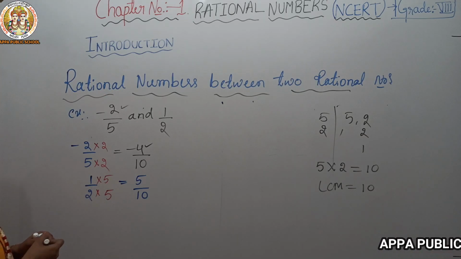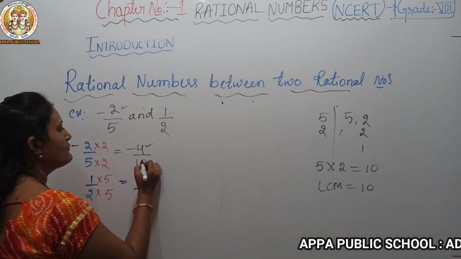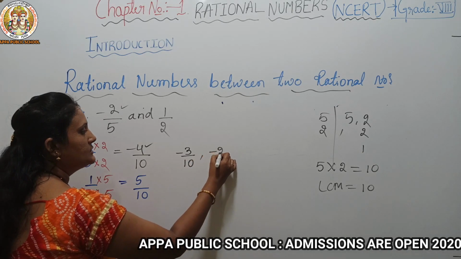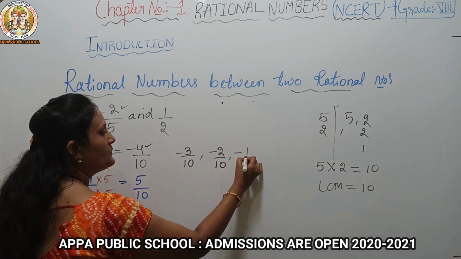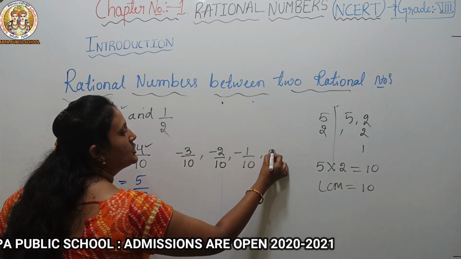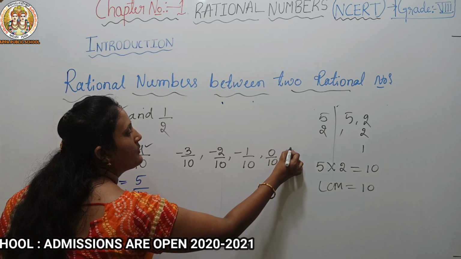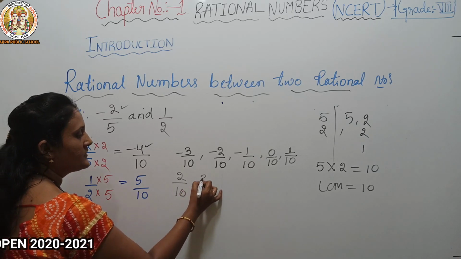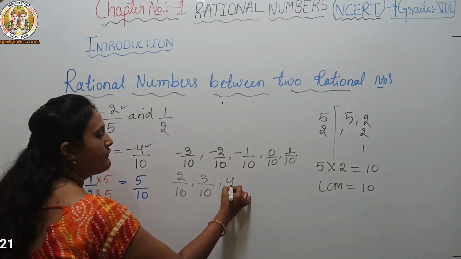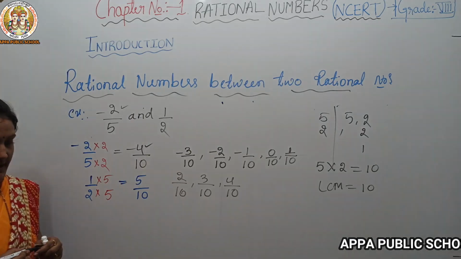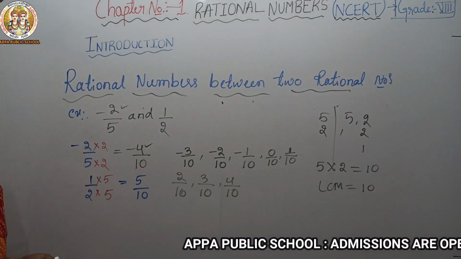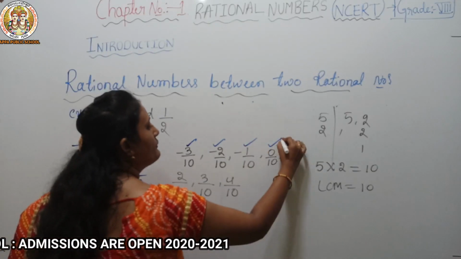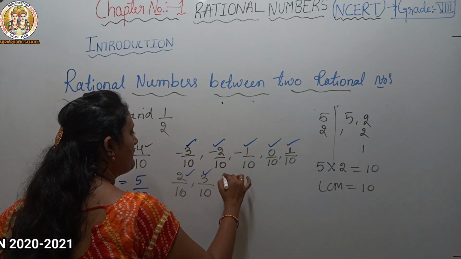Now can we write the numbers between? -4 by 10, next is -3 by 10, -2 by 10, -1 by 10, 0 by 10, then 1 by 10, 2 by 10, 3 by 10, 4 by 10. This is the last, 5 by 10. Now check how many numbers we got. 1, 2, 3, 4, 5, 6, 7, 8. Only